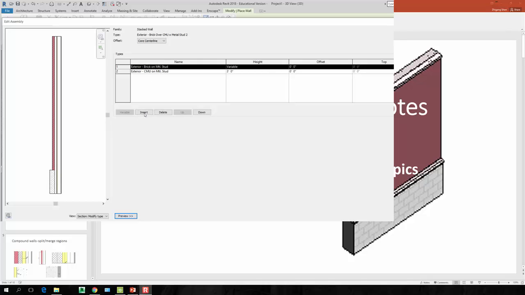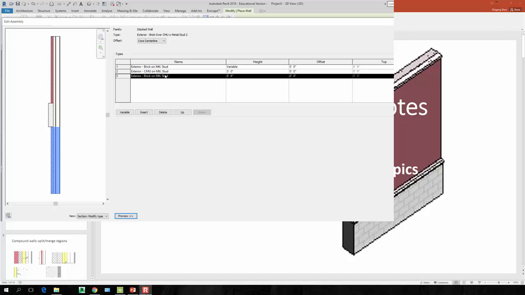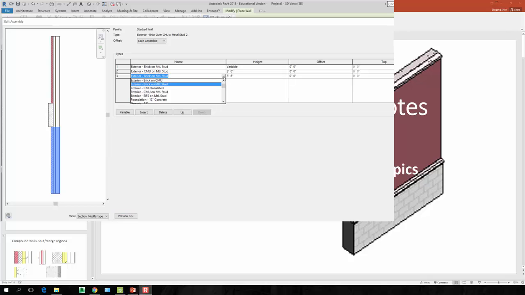And for example, if I want to insert another wall, I can simply insert. Which one I inserted? I forgot. But anyway, okay, looks like this one I inserted, the very top one. Right, so I want that one going down, down, down. So I can change this newly inserted wall as a generic,